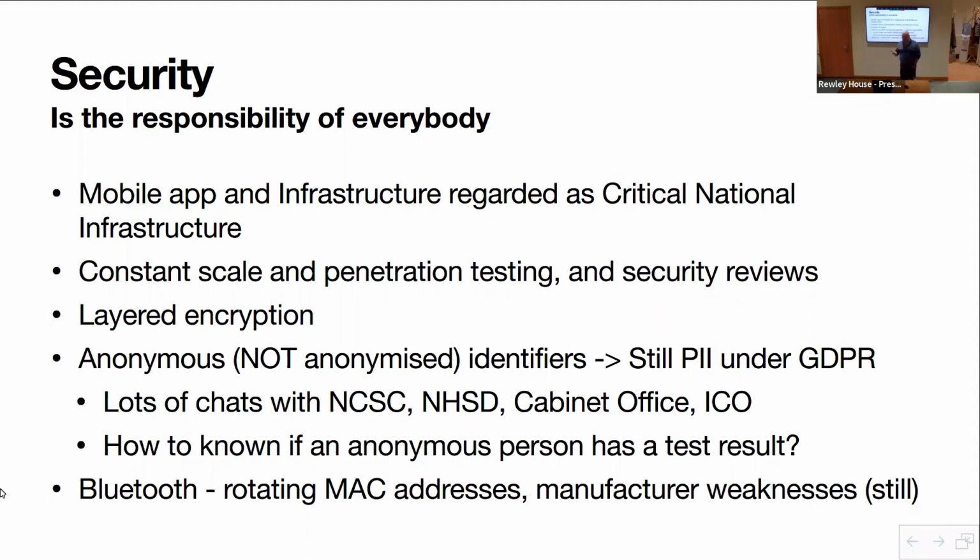What Apple phones also do is before they switch MAC addresses, it's not random. They give a hint as to what the next MAC address is going to be over an encoded format, not encrypted, which was broken by INRIA in France at the start of 2019 and published at the start of 2020. And that's still a weakness today. So you can track an iPhone for up to 2.5 hours.